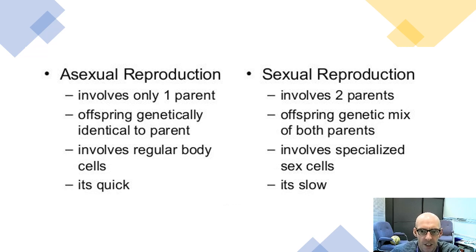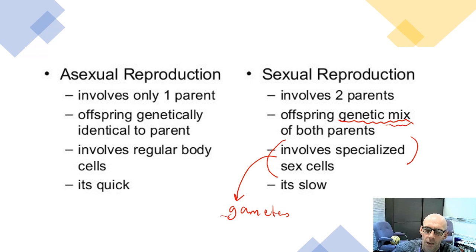So just a quick summary of asexual and sexual. Sexual, it's this mix of genes. It allows us to mix up our genes and come up with new individuals. You will probably have some of your parents' features or some of your grandparents' features, but actually you're not identical to them. And to make that happen, we need specialised sex cells. And specialised sex cells are called gametes. So we get greater variation, but it's a lot slower than just doing the quick asexual copying yourself, splitting, copying, splitting, copying, splitting.